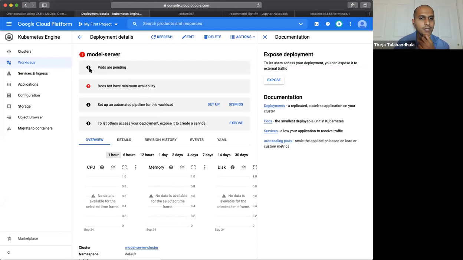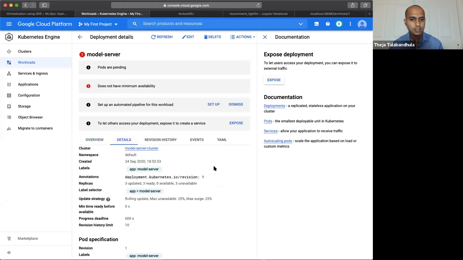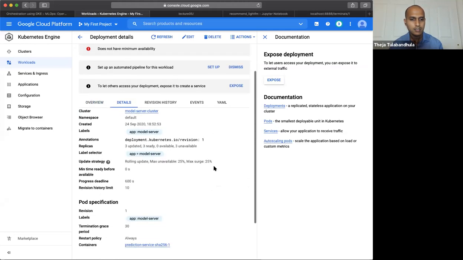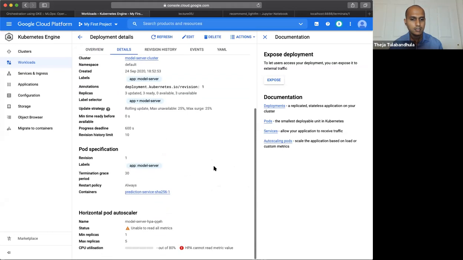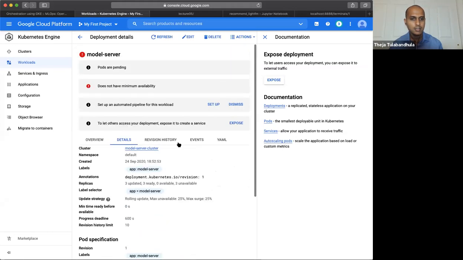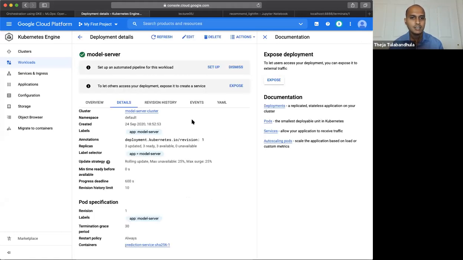So why are the pods pending? Okay, interesting. Well, I just refreshed the interface and it says now that